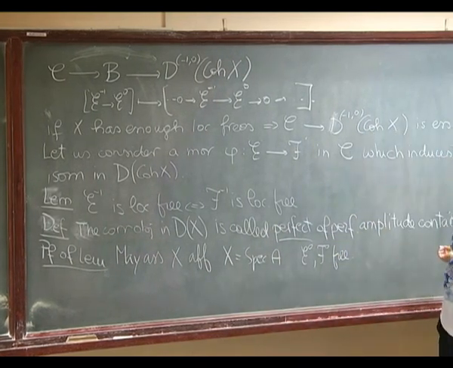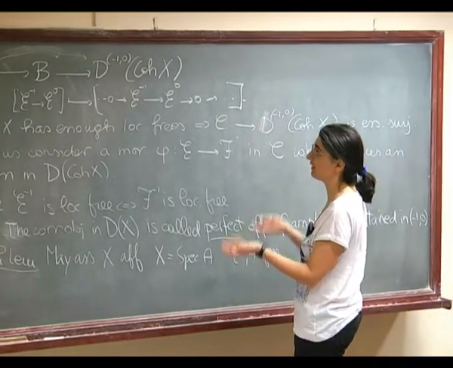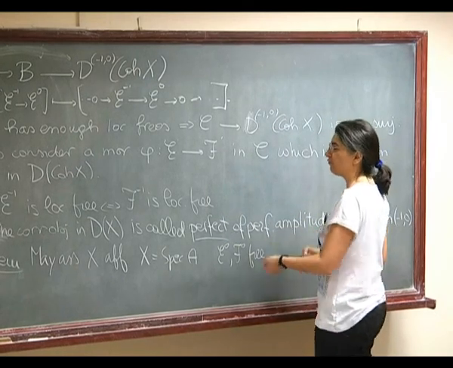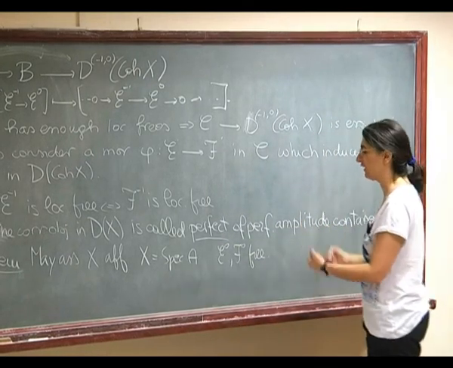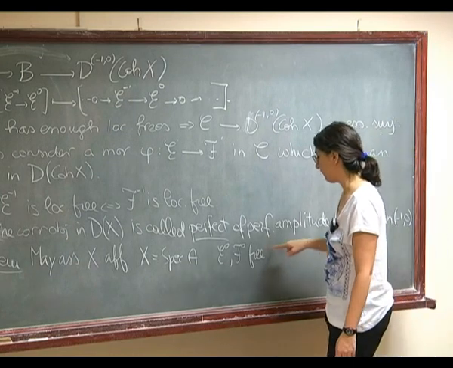Then you assume, for instance, that E minus 1 is free, and you prove F minus 1 is locally free, and conversely. So what you do now, for instance,